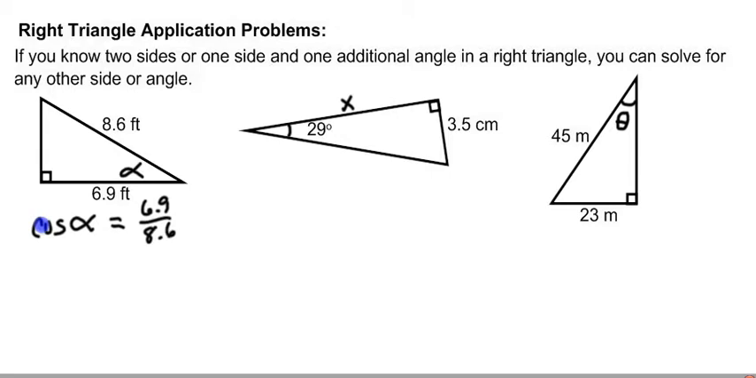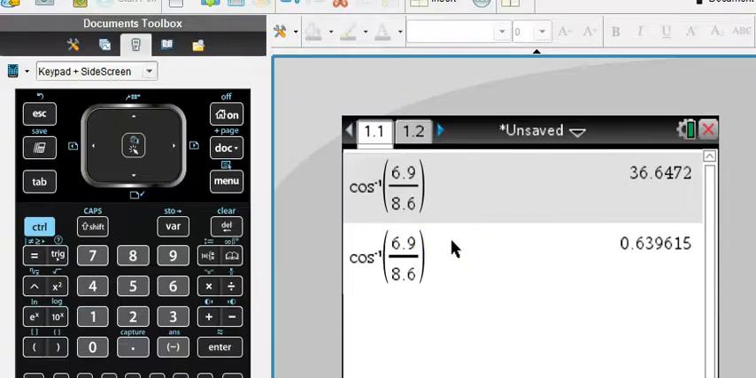In order to solve for the angle, I'm going to have to use inverse cosine, because inverse cosine of a trig value gives me an angle. So inverse cosine of 6.9 over 8.6 then gives me my angle theta. And I can check on the calculator. I wanted to show you a couple things. If I do this 6.9 over 8.6, if I'm in degrees, and you can see if I hover up here I'm in degrees, I get